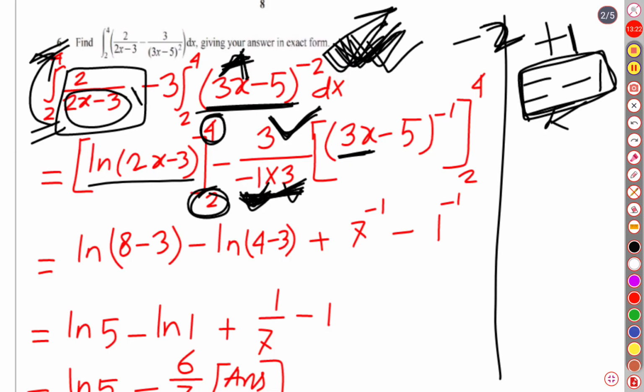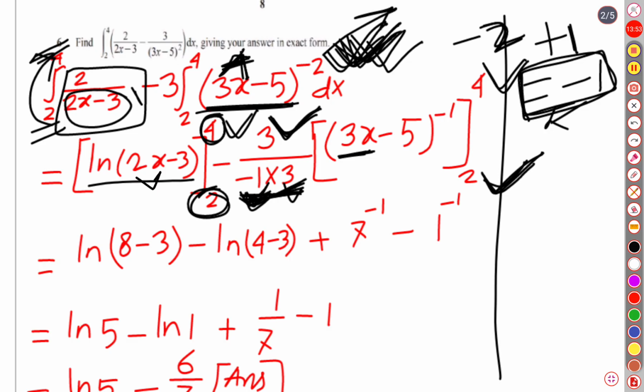In the next step, we have come to know that these two and these four are the limits. These are the actual values of x. We will have to apply the values of 2 and 4. This is the value of x. So first of all we will apply the greater value. Greater value is, I mean, upper limit. Upper limit is 4. So ln, if we substitute x by 4,